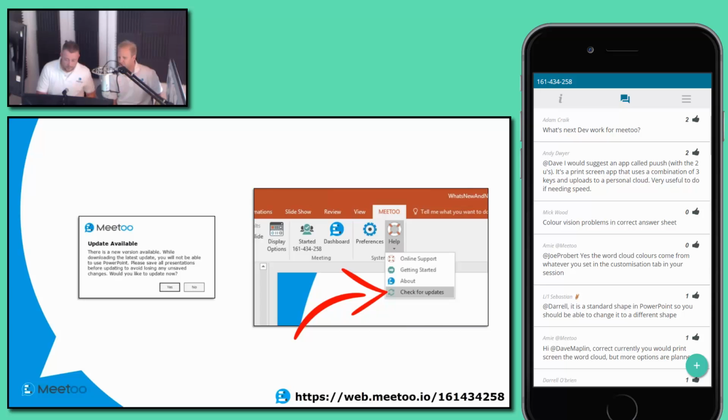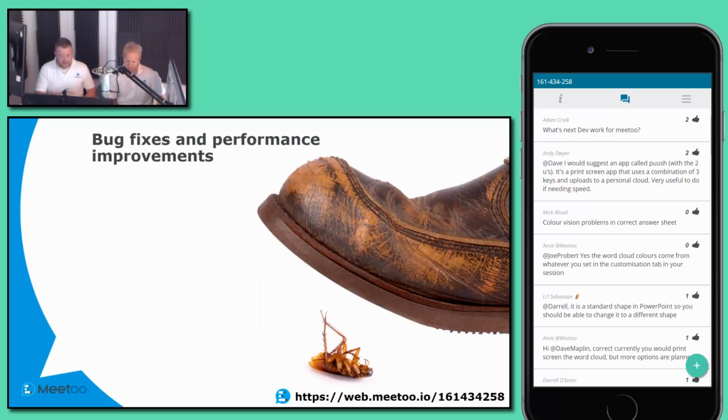Good stuff. Right, so those were our two headline features. As always, we're always working on improving Me Too. We're not going to read through a list of little things. There was one that we did want to mention, though. We've improved the MSI installer. Now, I don't want to get too technical, but this is really just pertinent for anyone out there who's a network administrator or IT manager or anyone who's thinking of rolling out Me Too throughout your organisation.